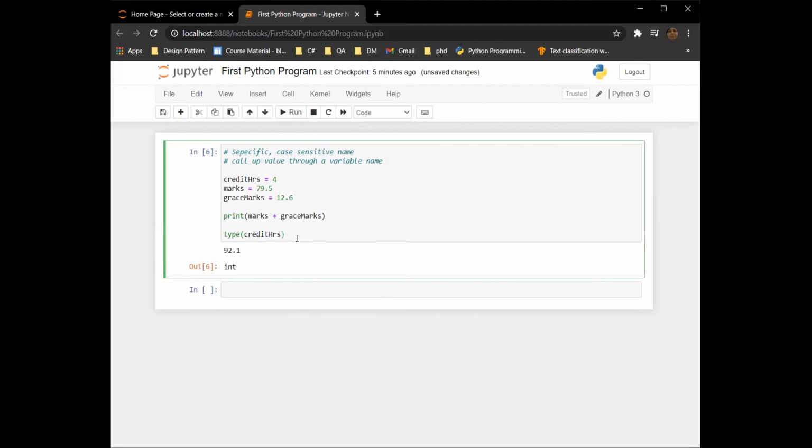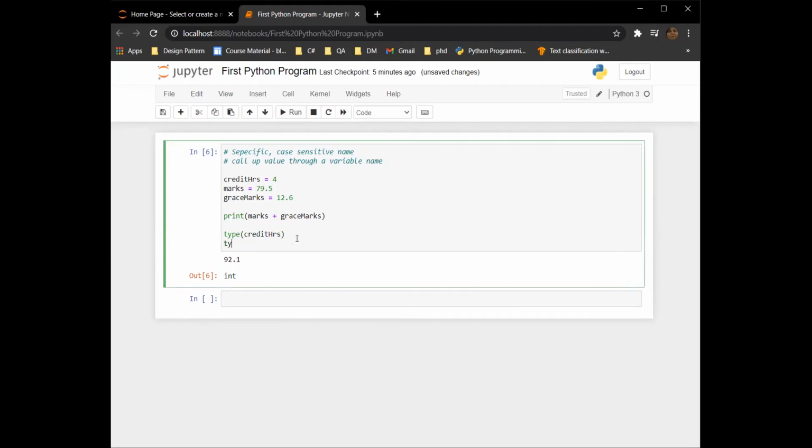If we want to see the type of the variable grace marks, it is telling me that it is a float. So with the type keyword, we can get the type of our variables if we don't know it. This is how you are going to use this handy